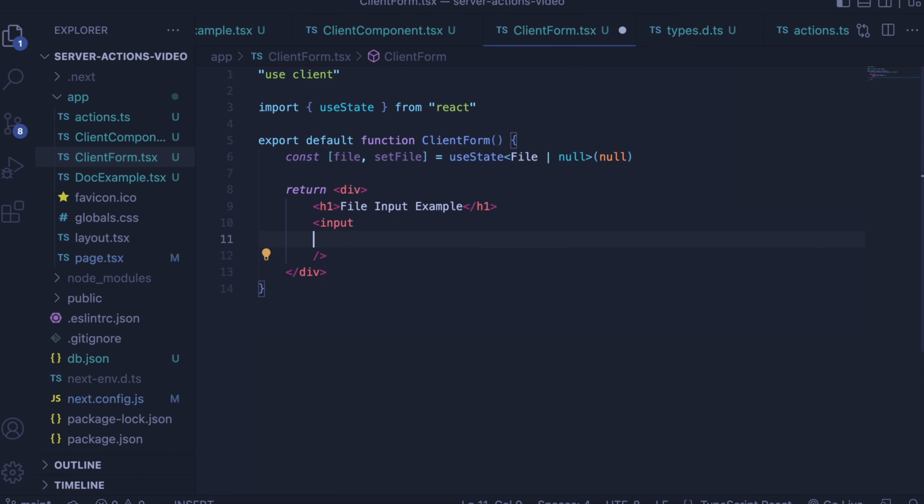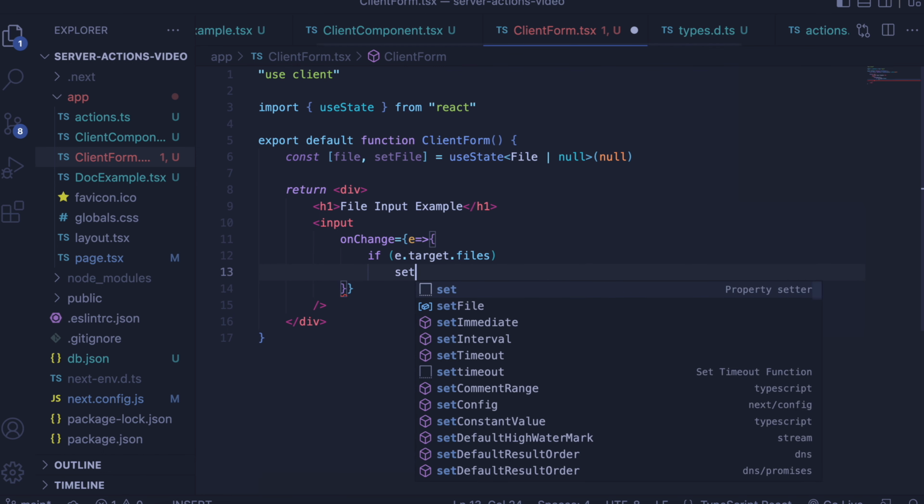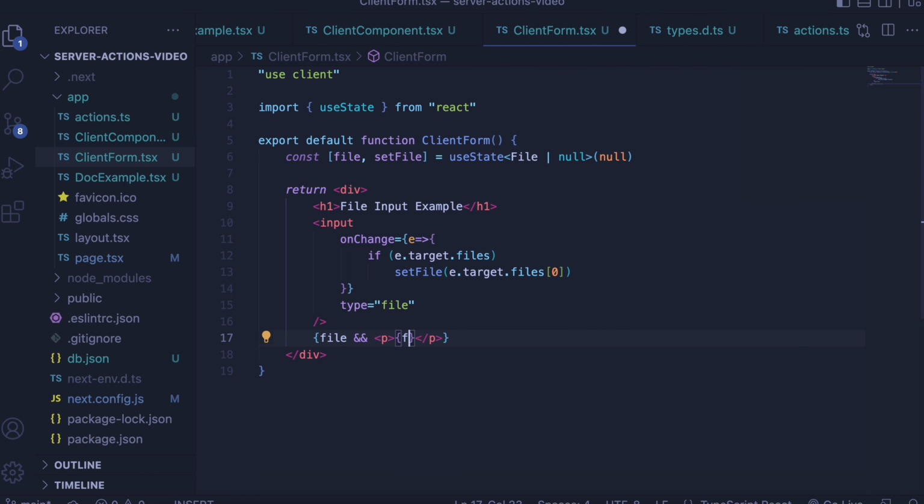Okay, and over here what I want to do is say on change I want to execute this function if e.target.files, set file to e.target.files 0, and this input has to be type file, and if we have selected a file we can also just display it using this simple code. We're gonna just say file.name,